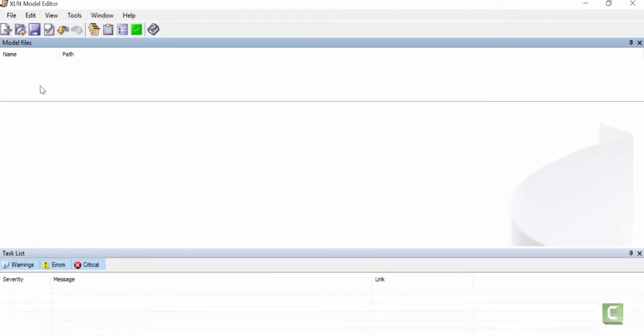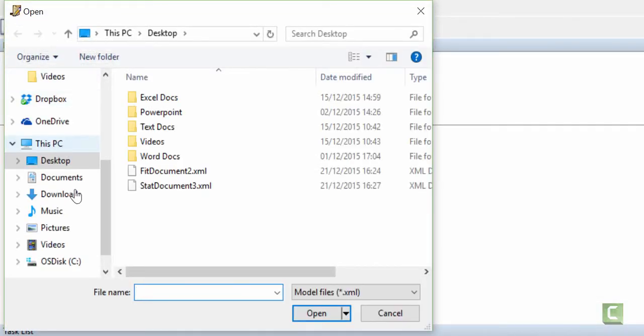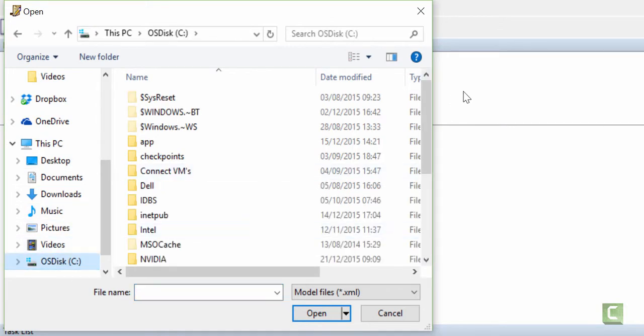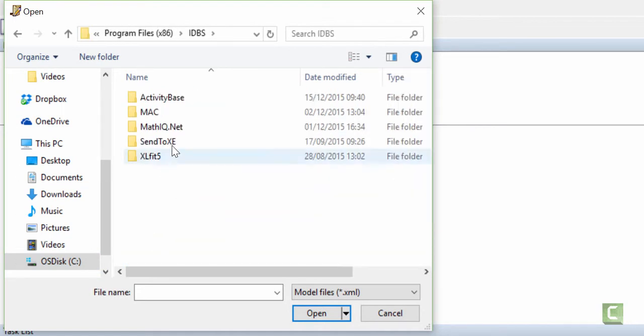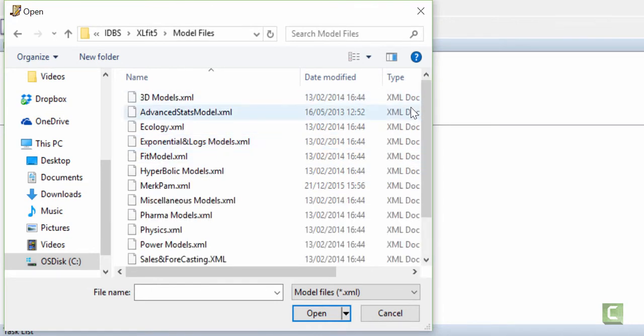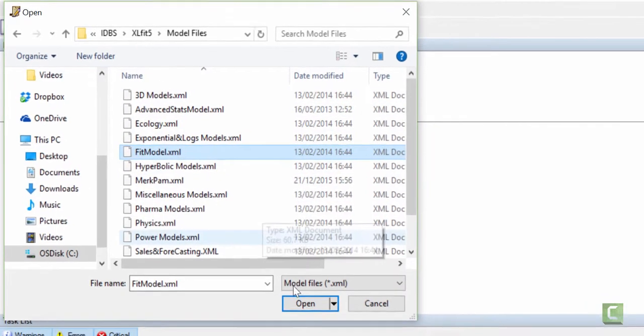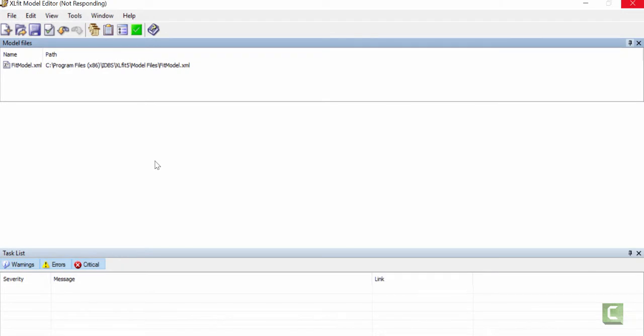Okay, so let's say you would like to open an existing model. You can open them in a number of ways. First of all, you can browse for it, and the standard models that come with the product are in the model files folder, which is where we ship all of the models that we provide with XLfit. The one that is defaulted to is called fit model open XML. If you open that, it shows you the name of that model file, its path,